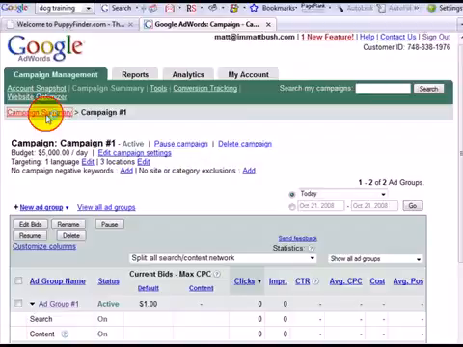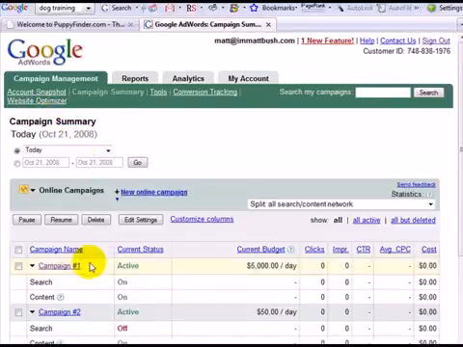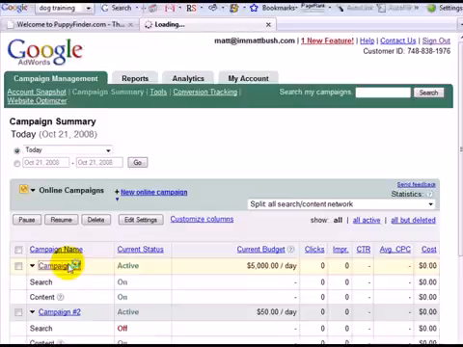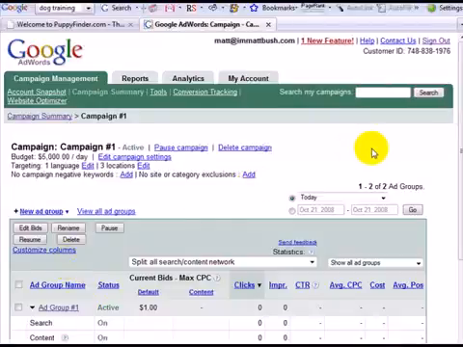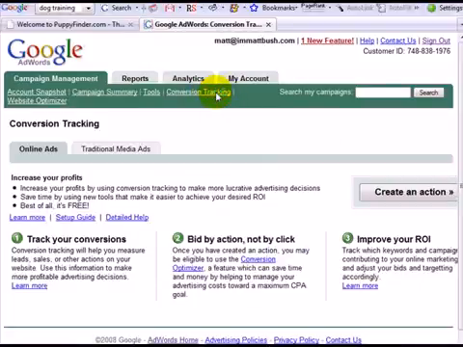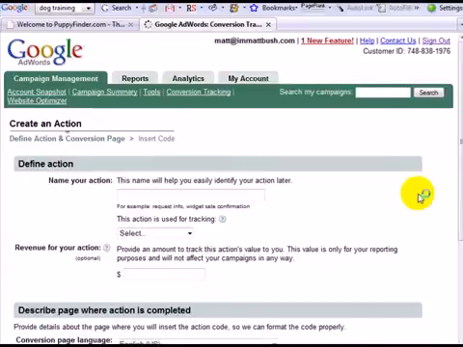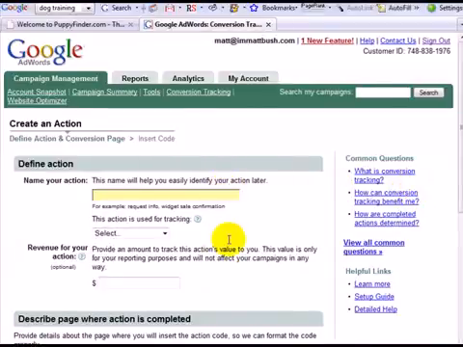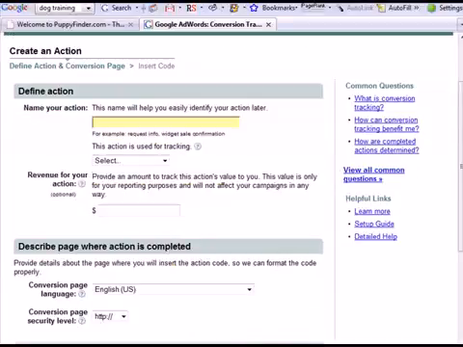I'm here in my account. I'm going to go to Campaign Summary, and I'm just going to go ahead and click on one of these campaigns. And I'm going to need to set up conversion tracking. Let's see, conversion tracking up here. I'm going to go ahead and create an action. So let's say, for example, that somebody comes to my site, and if they buy a book I'm selling, that's what the action is going to be. So I'm going to call the action